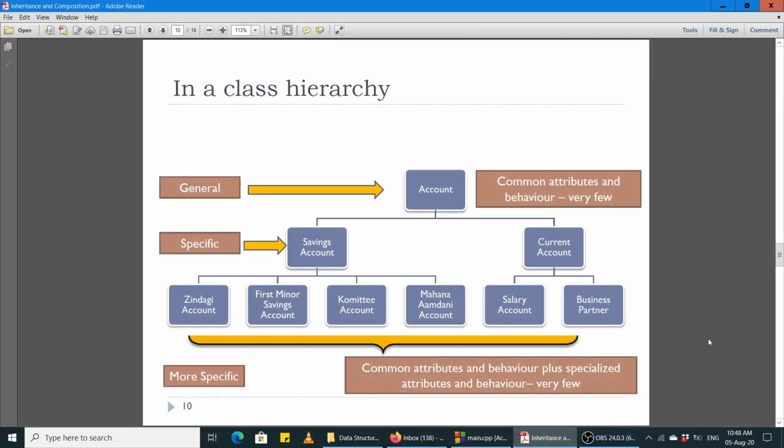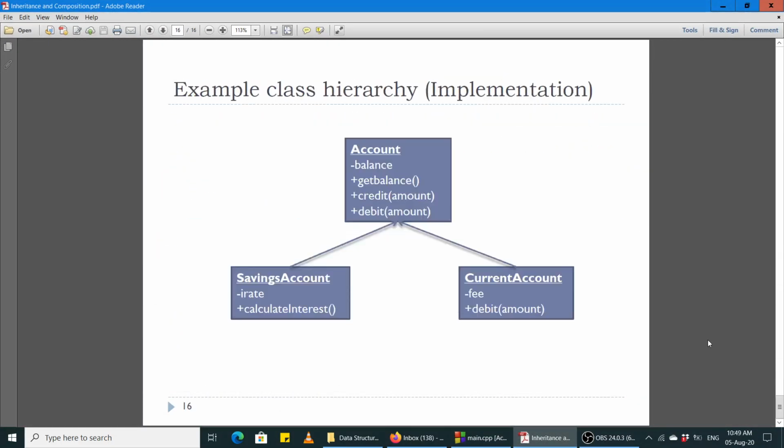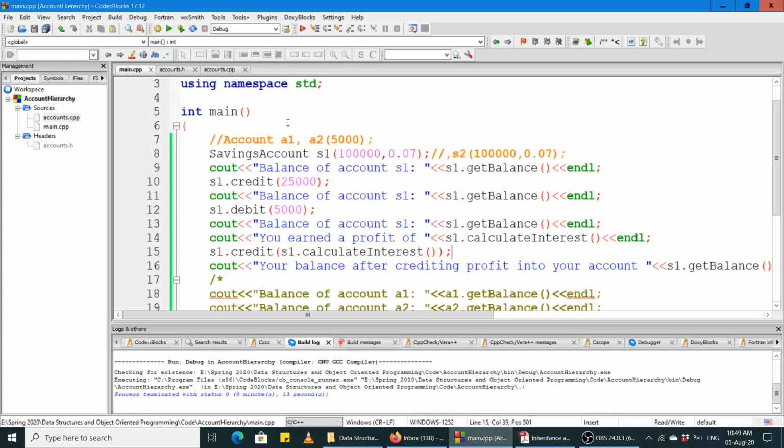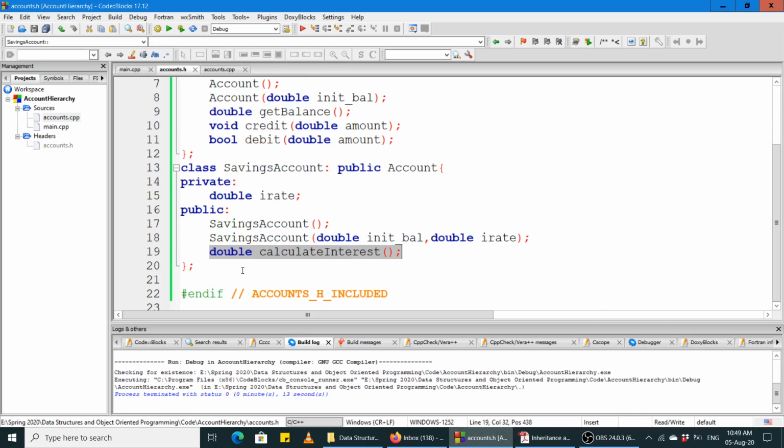Now let us implement the second class in the hierarchy, that is the current account class, ठीक है। और current account class का एक additional data member है fee, and then there is debit function को हमने override करना है। account class का जो debit function है उसको override करना है, क्यों? क्योंकि यहाँ जब पैसे withdraw करेंगे तो हमने कुछ फीस भी चार्ज करनी है, 15 रुपये, 10 रुपये, वटेवर, तो वो हम चार्ज करेंगे यूज़र से, ठीक है। सो लेट अस डू दैट, लेट अस क्रिएट करंट अकाउंट क्लास।